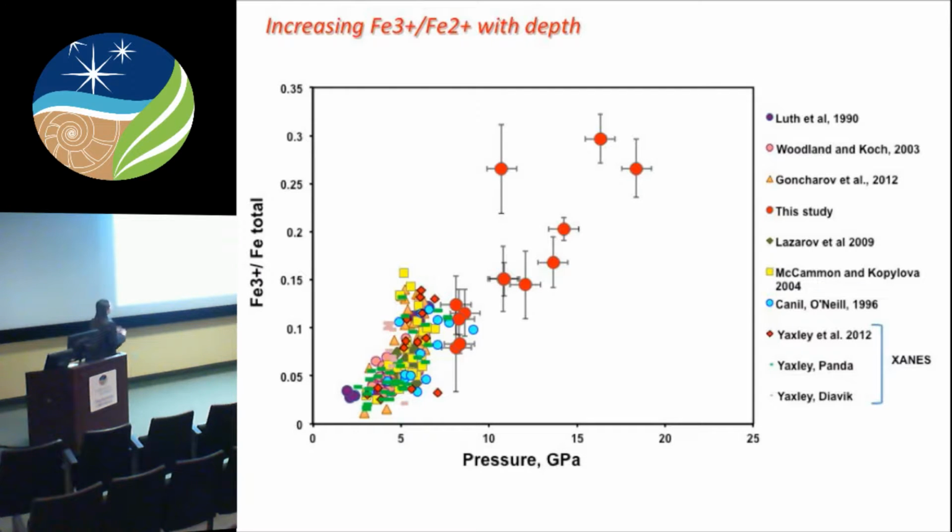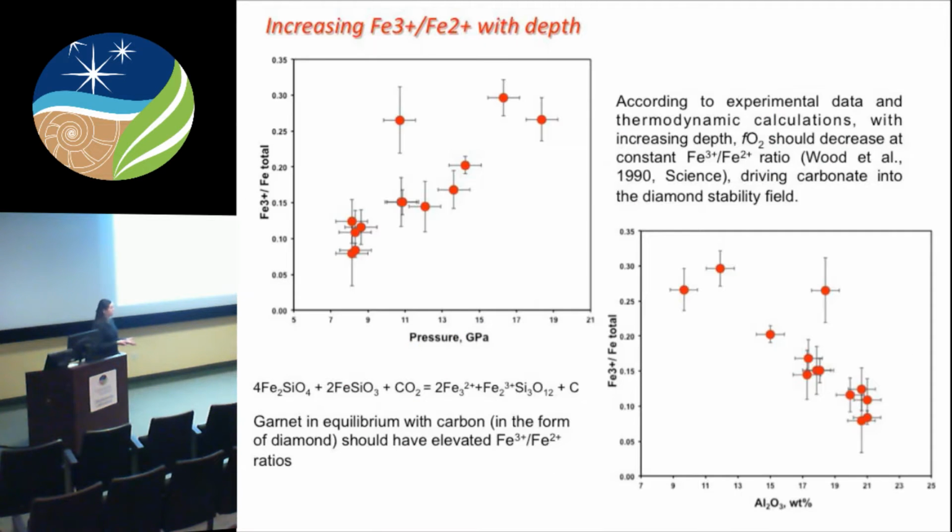But nevertheless, it reminds me of that paper by John Blundy in 1990, who showed that all the upper mantle is controlled by CCO, the carbon-carbon dioxide equilibrium. So when I'm looking at this trend, I'm thinking, is it true that the transition zone is also controlled by the CCO buffer? So now, the hard part follows. We need to convert all of these ferric/ferrous ratios into the actual oxygen fugacity. Which is a bit of a problem, but before I do that, I refer again to an old paper